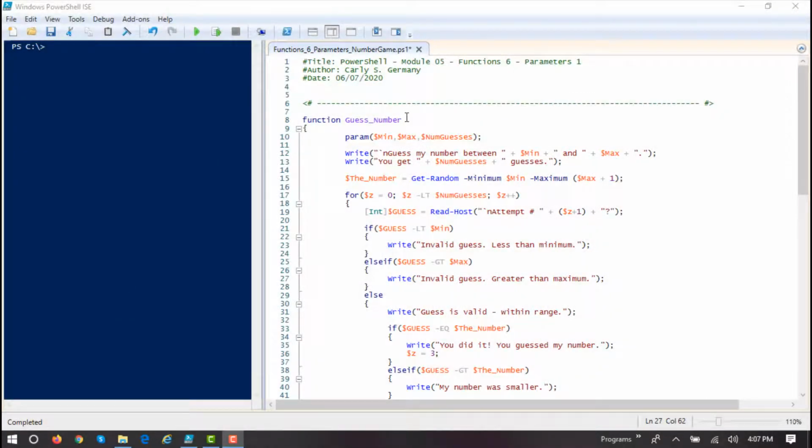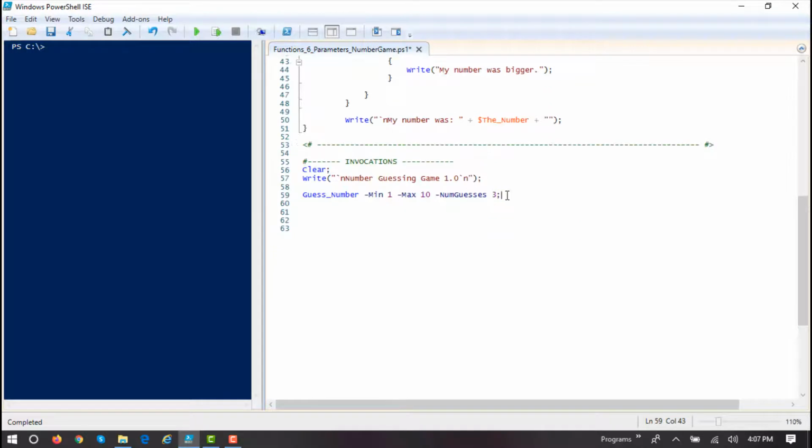So we looked at one way of coding a function with parameters to accept arguments, and that's adding them in parentheses right after the function name. But in PowerShell, there's another way. There's the Param Structure. This is even more versatile. So same thing. Inside this Param Structure, I declare min, max, and num guesses. Those are my parameters. And in the same way, I can call them. So if I have the function name,